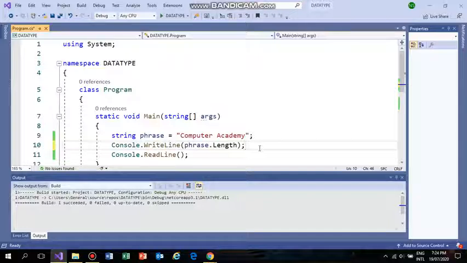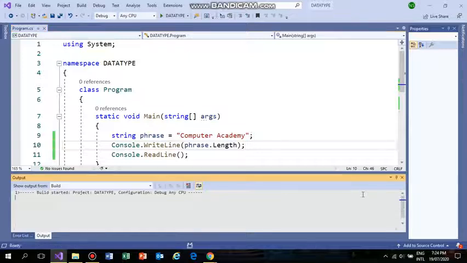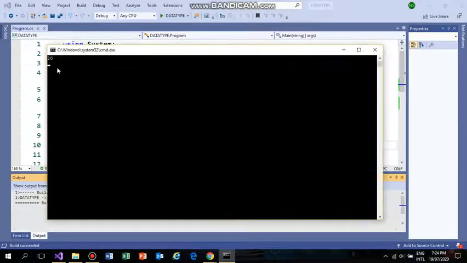Let's see the output after pressing Control F5. See, there is a result, the task has been done. We wanted to know the length of Computer Academy, and there are 16 characters in it.